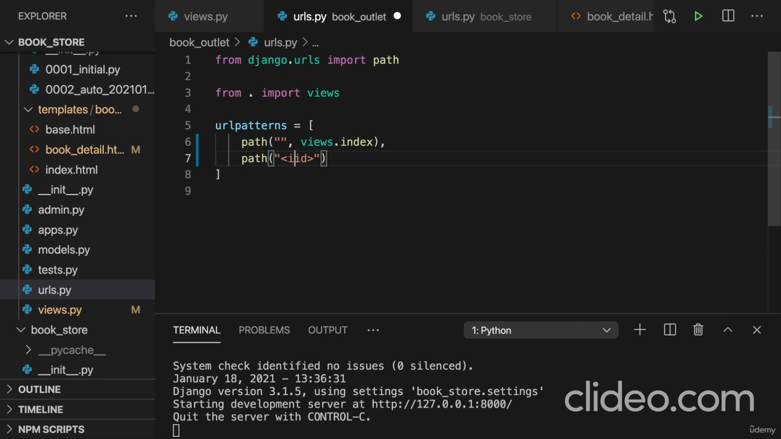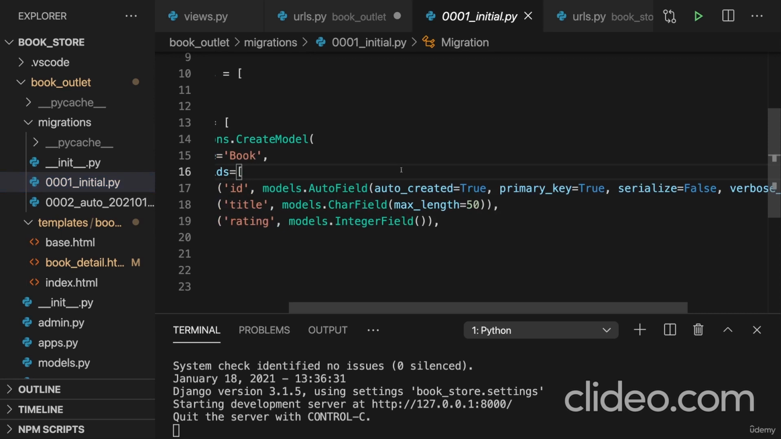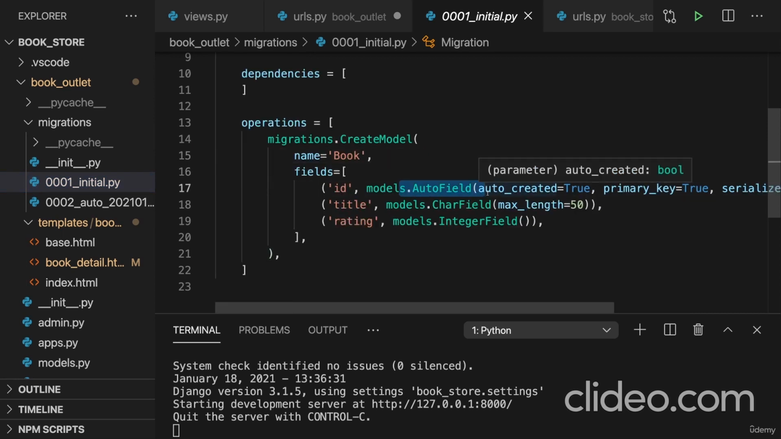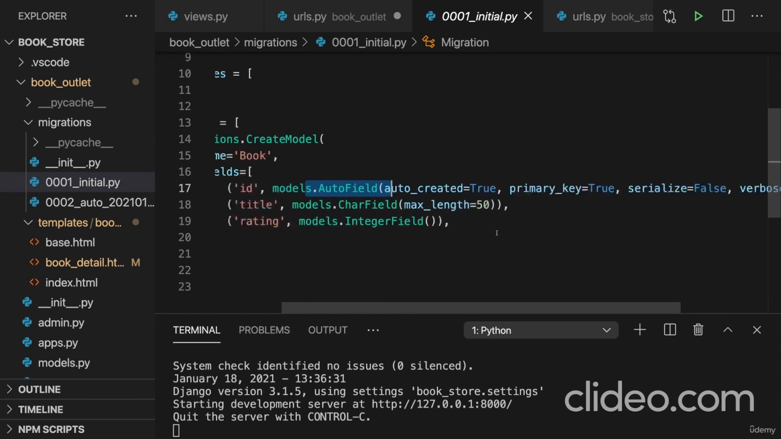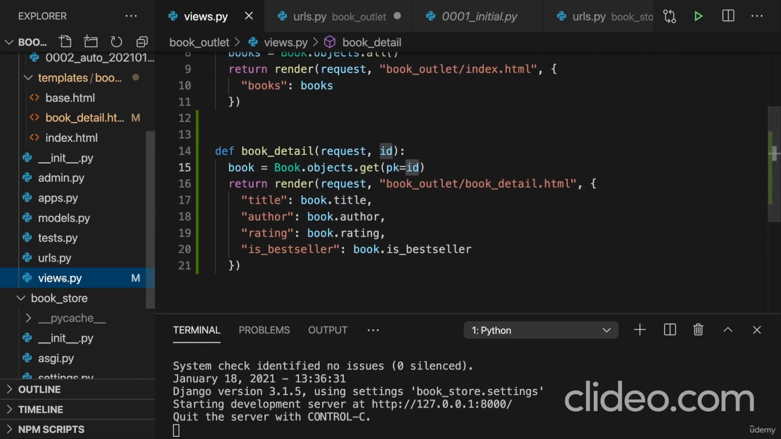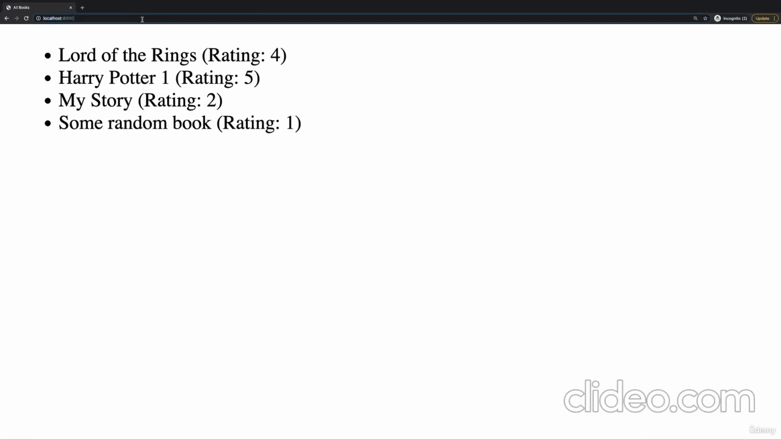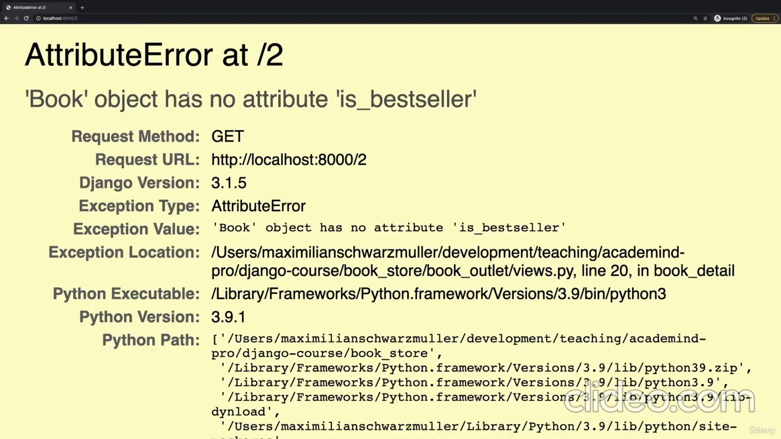We can also make it clear that this should be a number, an integer to be precise, because that indeed is what our ID is. It should be transformed to an integer because it is an integer. This auto field here, this automatically incrementing ID, by default is an integer. So therefore, we should also transform the ID which we get in the URL to an integer. And then we want to load views.book_detail, like this. With all of that, if we save everything, if we enter localhost 8000/2, I get an error